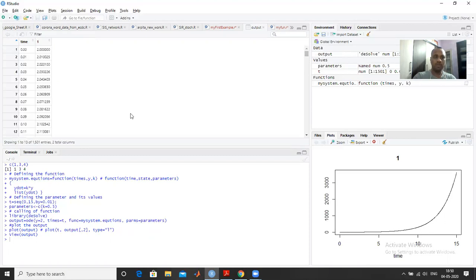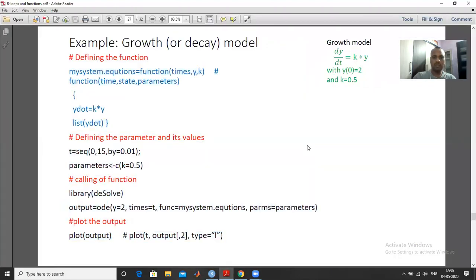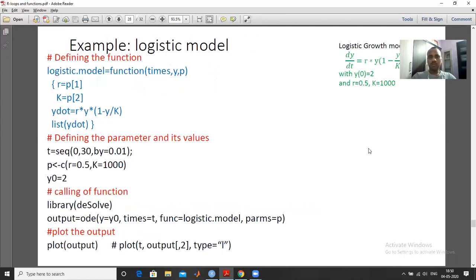We have plotted using the plot command, and more specifically we can plot t against the second column of the output, with type equal to l. If you want to see more about the plot command, there is a lecture on the plot command in R recorded by me.